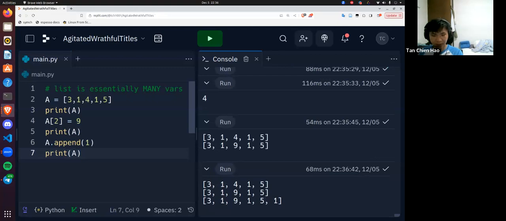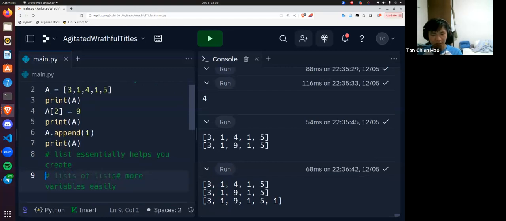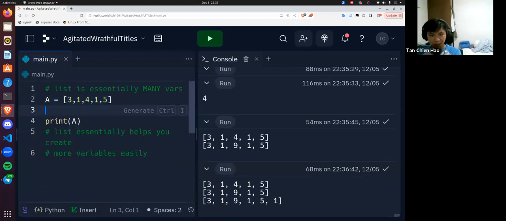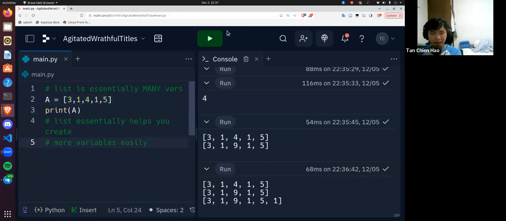So a list helps you create more variables easily, kind of. Okay, and using lists and for loops, you can actually do very powerful stuff, because for loops start indexing from 0, and the for loops can go through all the elements in the list. But in the interest of time, I wish I could give you the Kahoot for lists and for loops, and do the exercises for them, but